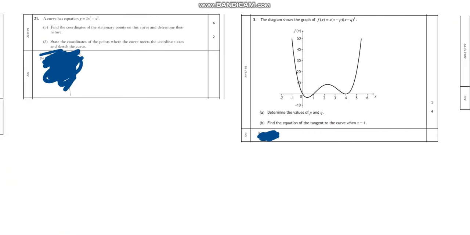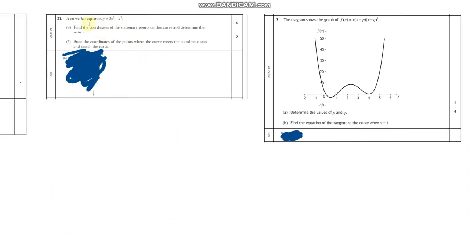Right, let's go to this one. Curve has got this equation, find the coordinates. So we're going to be using our information to sketch it. So just a slightly more involved process this time. Okay, so let's find our stationary points. So stationary points occur